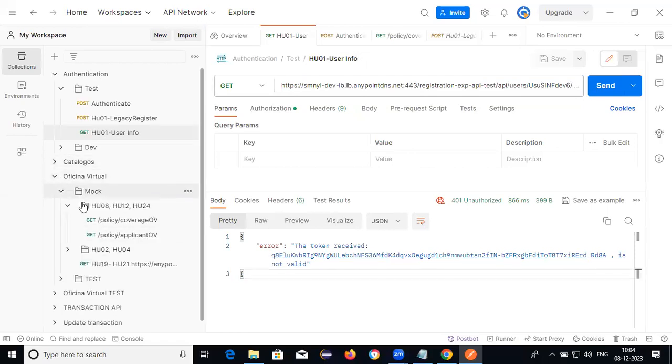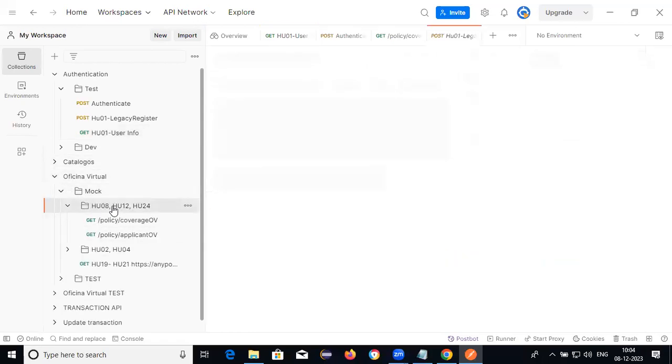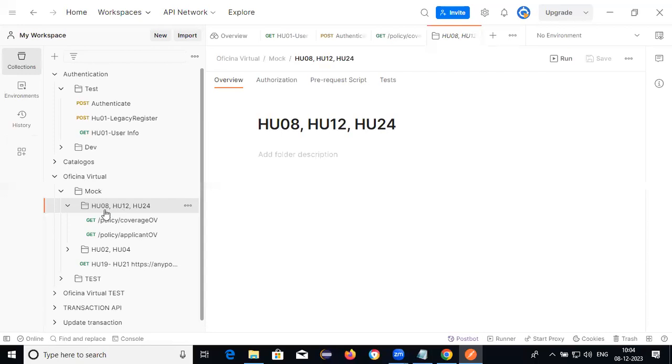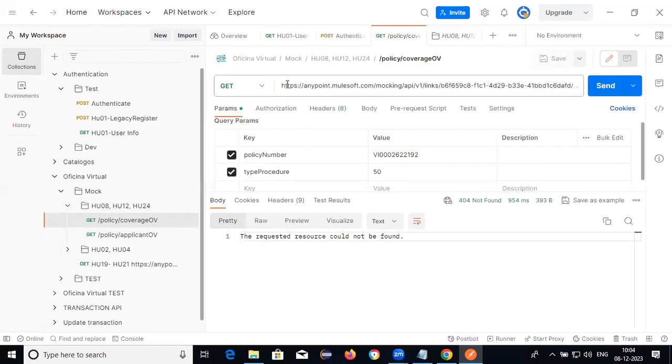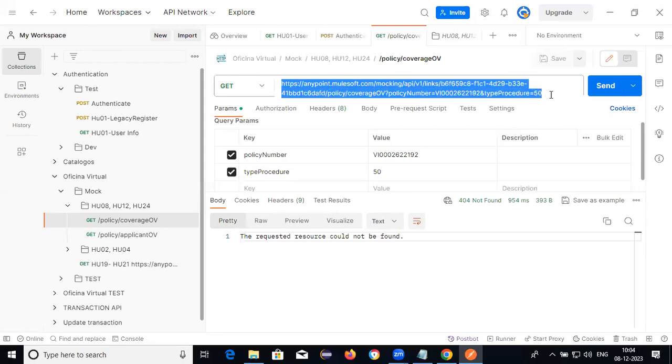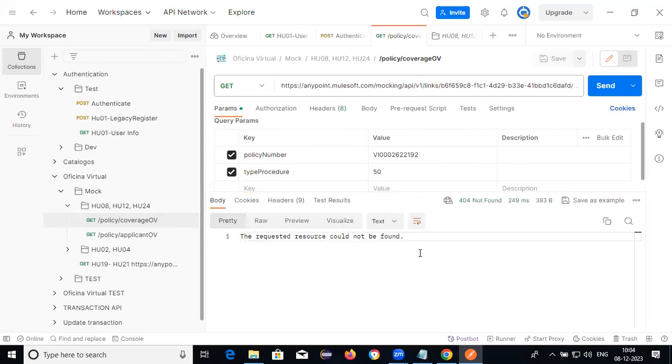I will show you the test environment and the UAT environment. This is the UAT environment. This request resource could not be found.